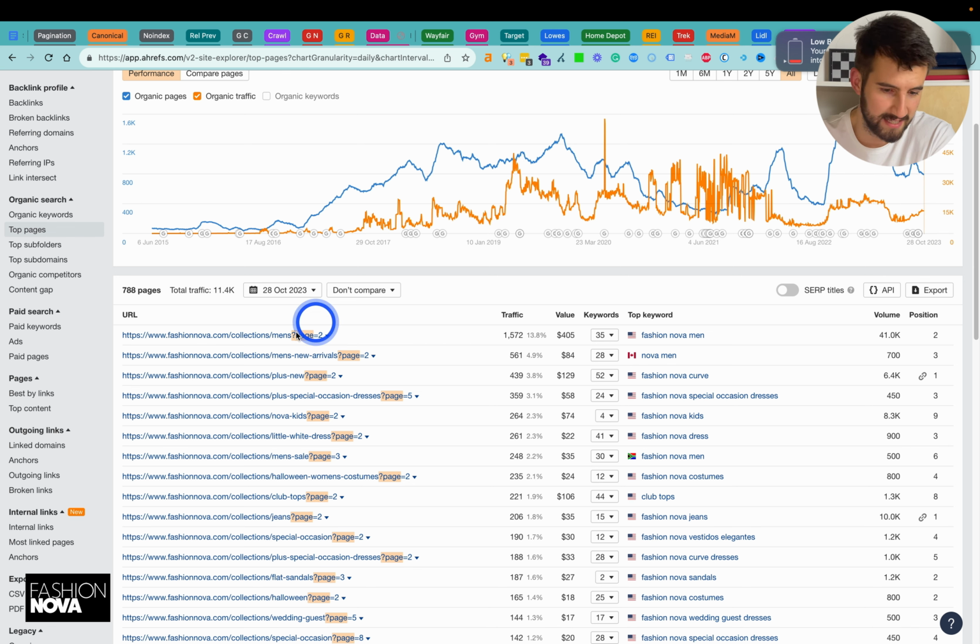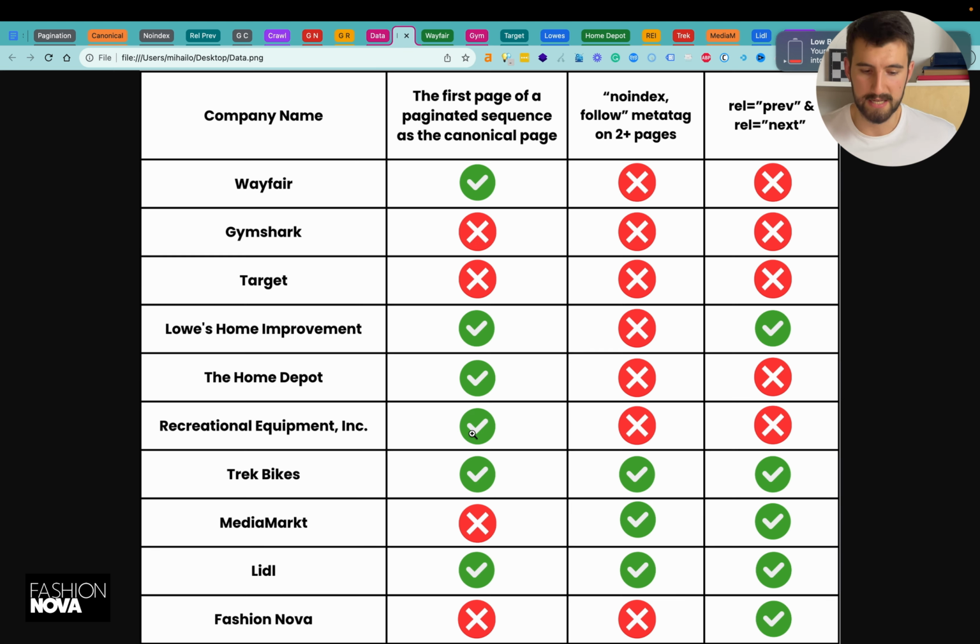And here you can see that this specific page for man is ranked in the 2nd position for the Fashion Nova man keyword, which is quite bad, because then the 2nd page competes with the 1st page, which is the main page, and probably that's the cost of reduced non-branded performance. So with this in mind, we finished our analysis of 10 enterprise e-commerce systems, and which tactics and practices they implemented for handling